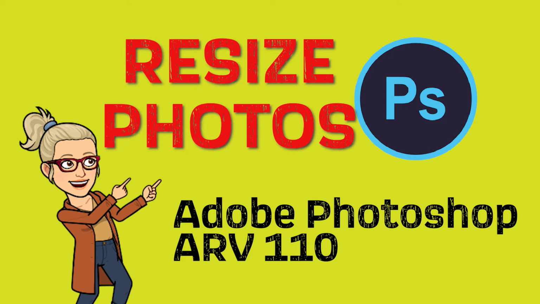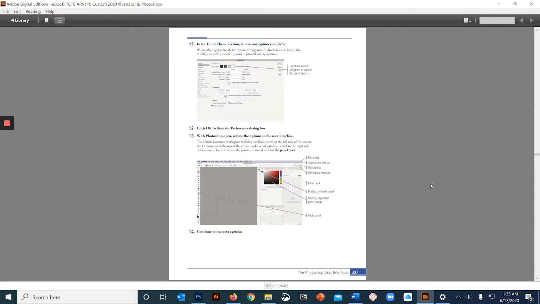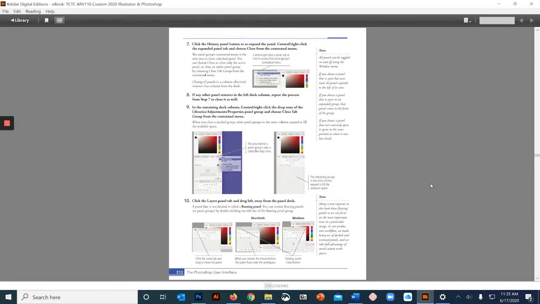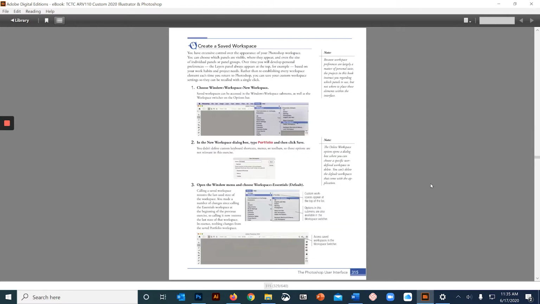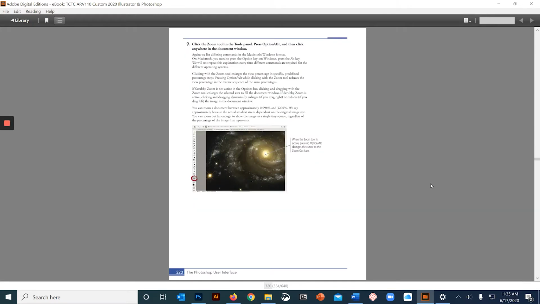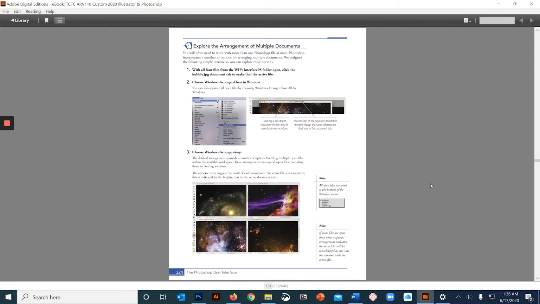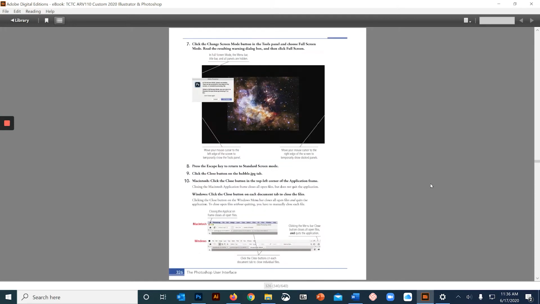Hi, it's time for us to start Photoshop. So I think most of you have dealt with Photoshop before. If you haven't, there is a chapter called the Photoshop user interface that I would go through if you've never touched Photoshop before. Also, if you've been working through Illustrator, it is very similar in the way it looks and the menus and that type of thing. So if you'd like to go through that chapter just to get yourself familiar, it has a bunch of good